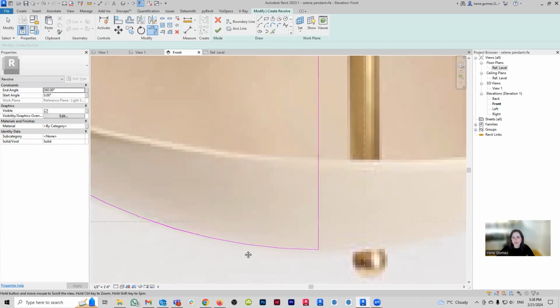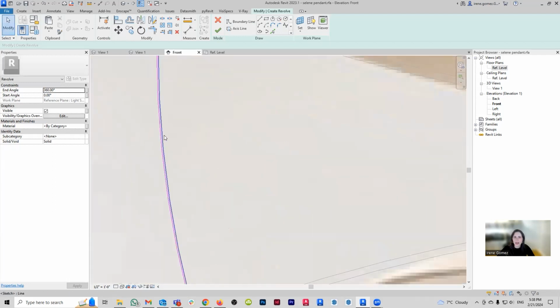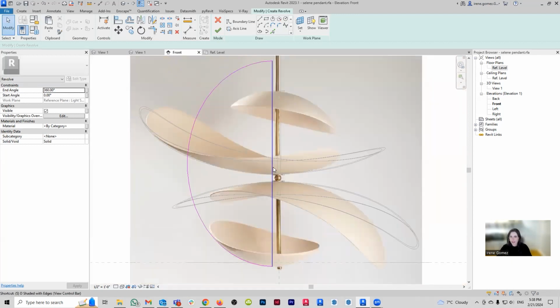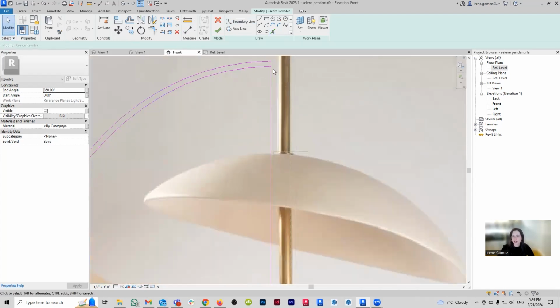Oh, no, it's making it collapse. Why? Not what I wanted. It is what it is. So we're going to have to make that offset a little bit bigger. Maybe I can get away with 3 millimeters. Nope, I cannot get away with 3 millimeters. How about 4 millimeters? Good enough. We're going to call it a win.